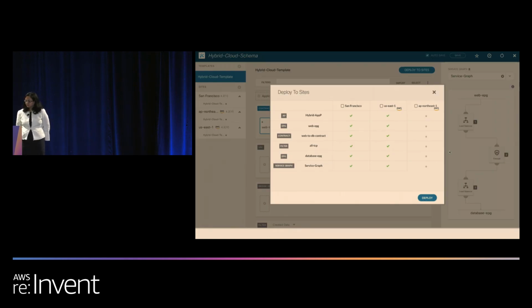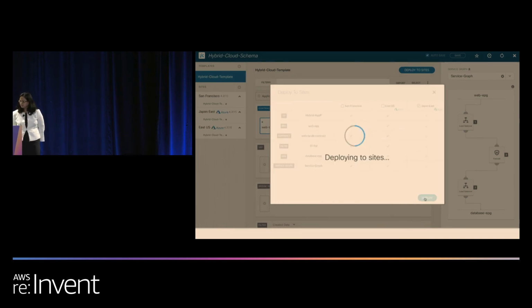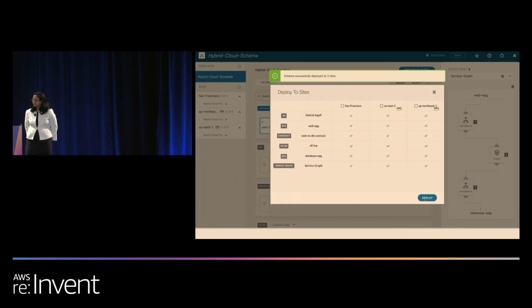First of all, if you are trying to provision the existing policy, the multi-site orchestrator will prompt you that whatever is green is already provisioned. You don't need to worry about it. If you want to do new, you just checkbox the new site. And it shows gray because it's not deployed. Once I say deploy, it will go and provision it. Once it provisions, it has a concept of a consistency validator. So it will go and verify it.